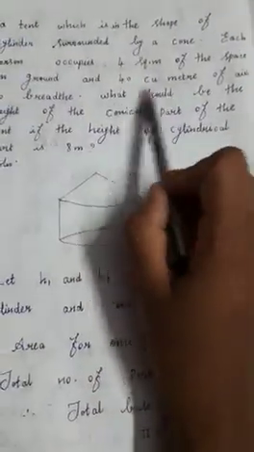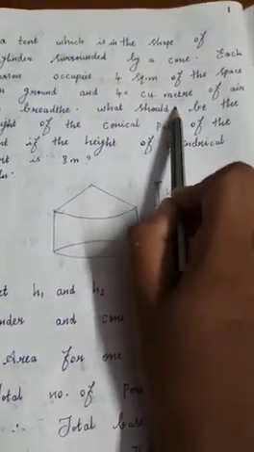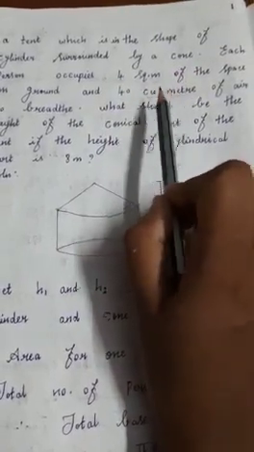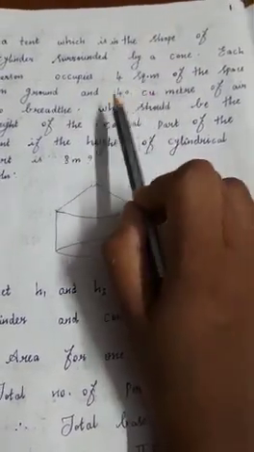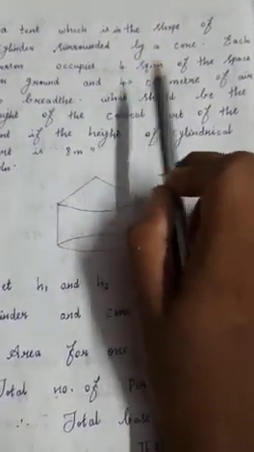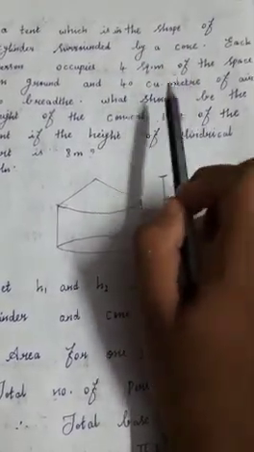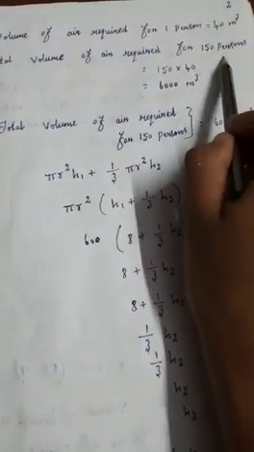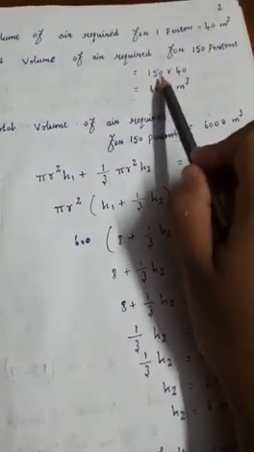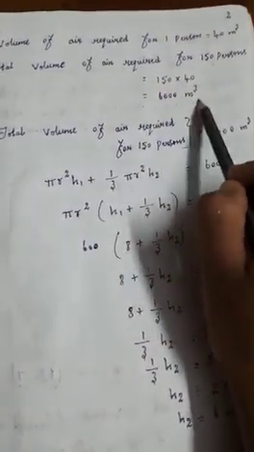Next, in our question they have given the volume needed for one person. One person requires how much volume? 40 cubic meters, but we know that there are 150 persons in total, so we have to multiply. So one person needs 40 cubic meters of volume, which means 150 persons need how much? Now write: volume of air required for one person is equal to 40 meter cube. Total volume of air required for 150 persons: we need to multiply both. So 150 into 40 is equal to 6000 meter cube.